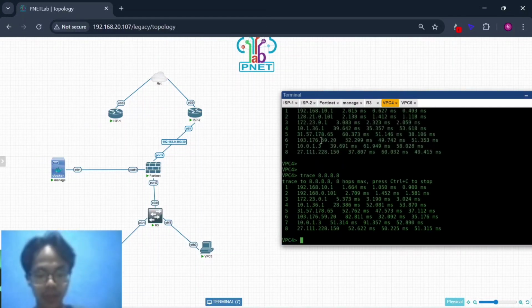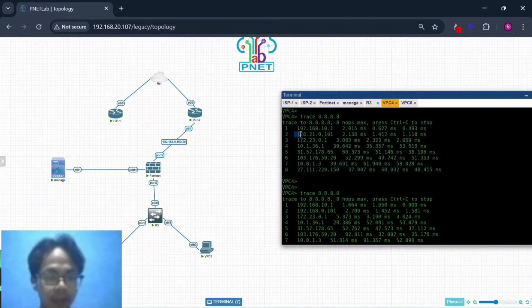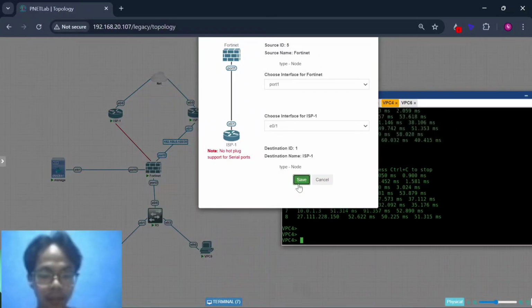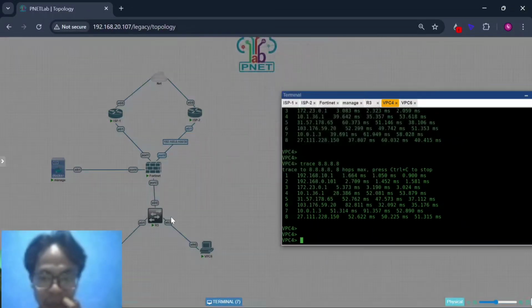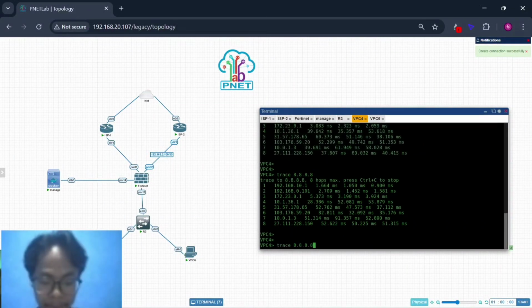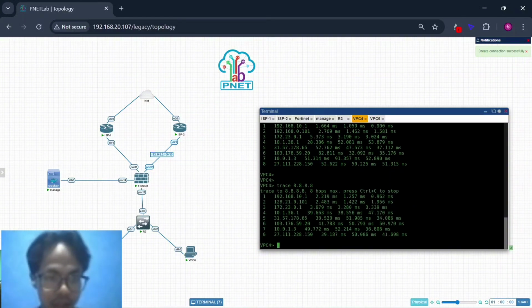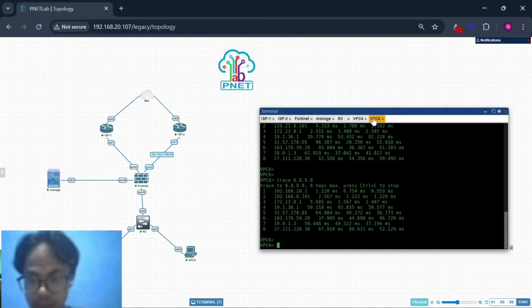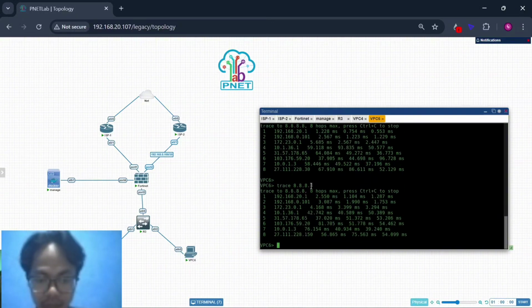Okay, you can see it was 128.21.0.101 and now it is 192.168.0.101. If I connect to port 1, this will change again, now it can be 128. I think like this for the SD-WAN configuration from me.